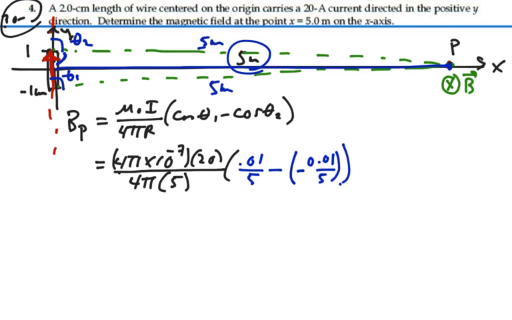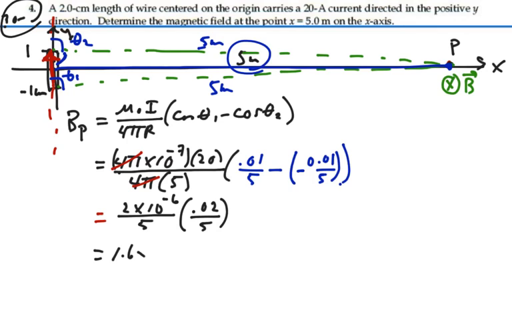Okay. So now we have the 4 pi's canceling out here, and so this is equal to 2 times 10 to the minus 6 over 5 times 2 centimeters over 5. So we will have, if we calculate all that out, 2 times 10 to the minus 6 times 0.02 divided by 25,